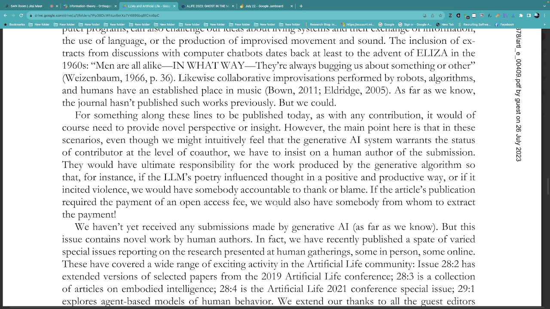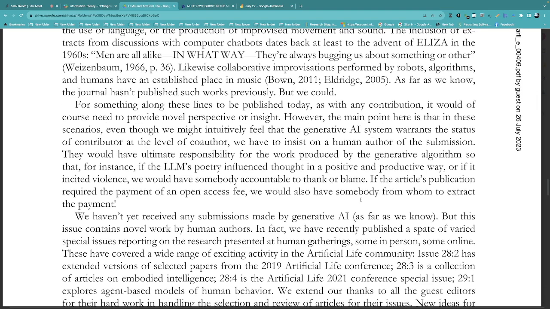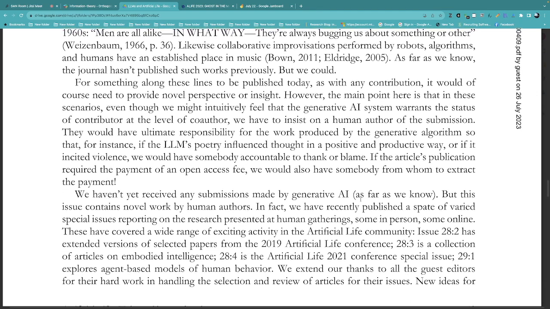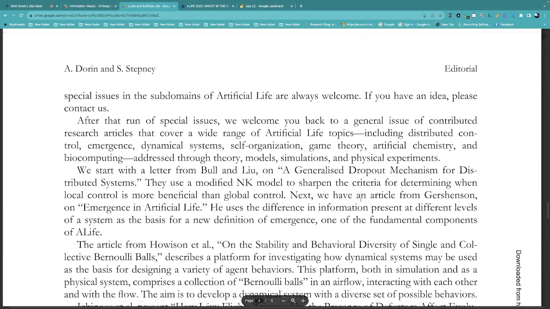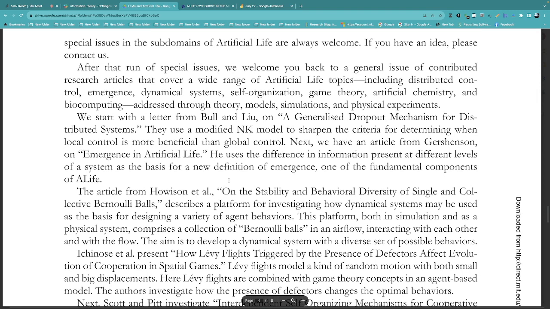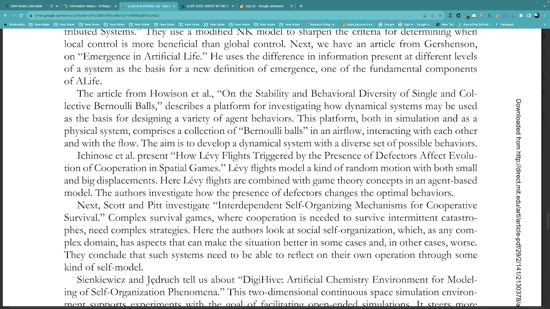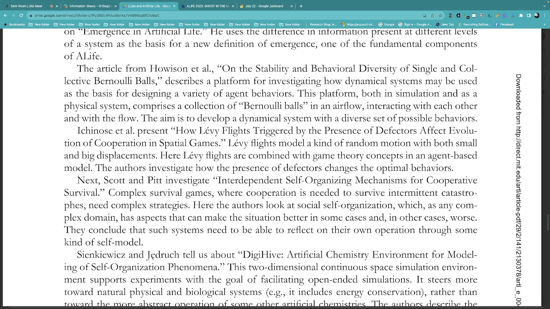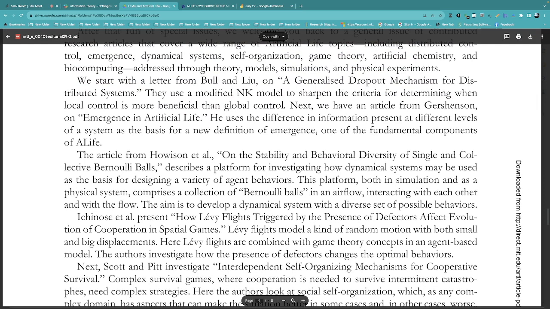But this is something where the standards are rolling out there in mainstream society. But the point here is that we have some precedent for this. So I'm not sure we really get into any sort of strong connections between ALife and generative AI, other than some of these issues with producing things that are,